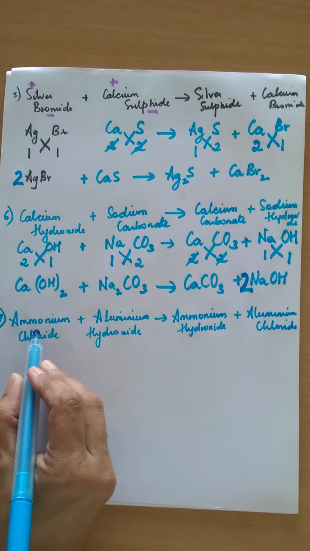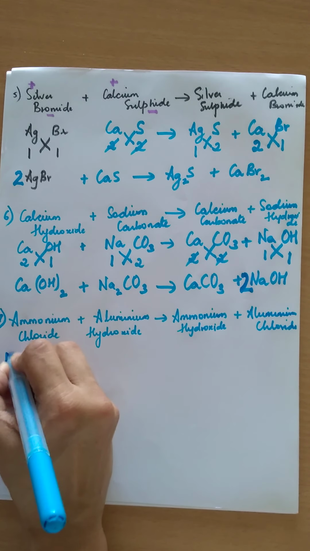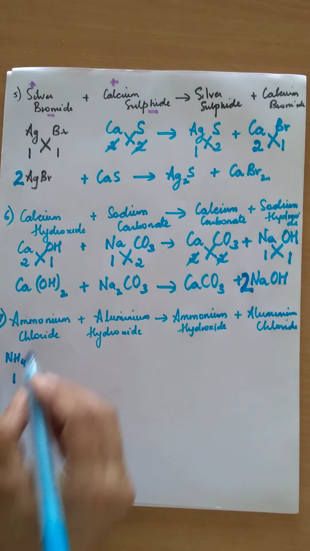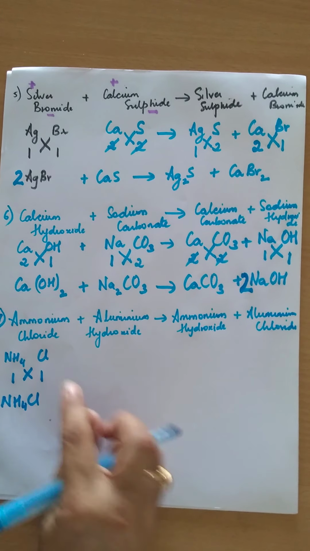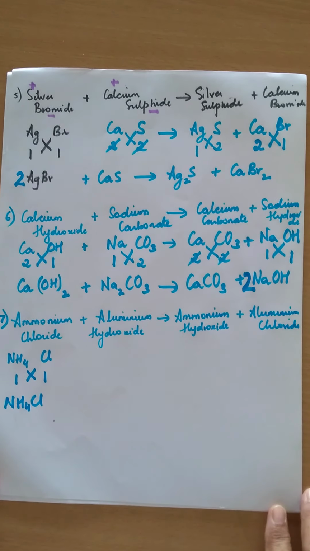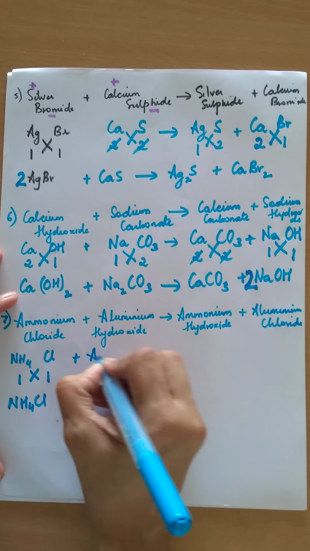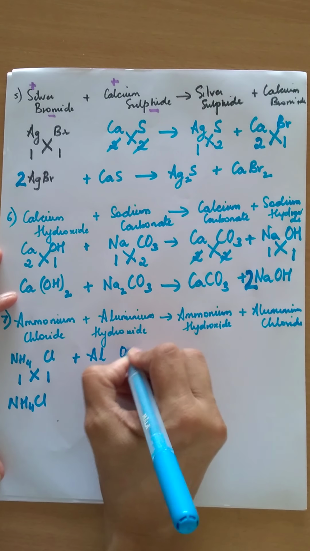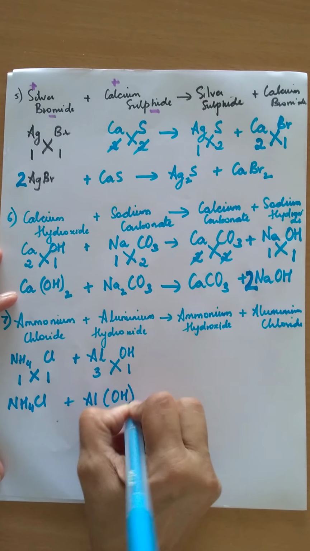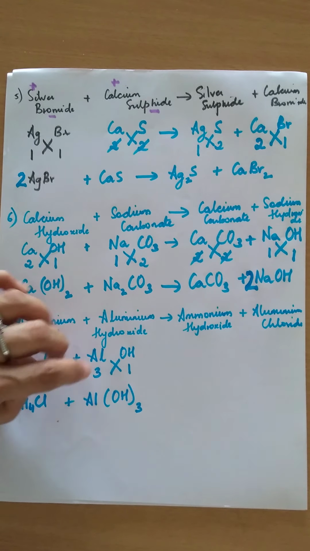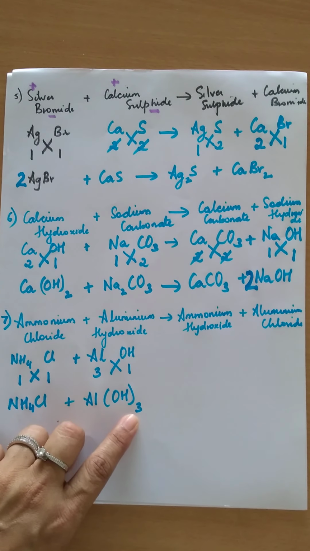Now let us start writing the equation. So ammonium is NH4, valency is 1. Chloride is Cl, valency is 1. So after you cross multiply, you get NH4Cl. So when it is 1, you don't have to put it in the bracket. Okay. Plus aluminium, so Al, valency is 3. Hydroxide is OH, valency is 1. So after you cross multiply, you get Al. Now you put OH in the bracket and write 3 because you are multiplying this whole OH by 3. If it was 1, it didn't matter. But when it is 2, 3, then you have to put it in the bracket.